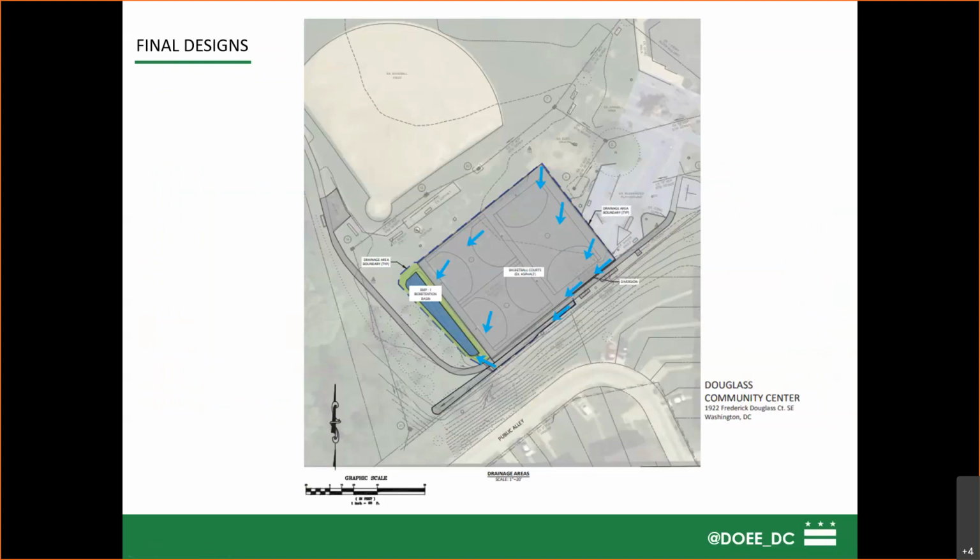If you can see, those arrows here in this final design on the basketball court are showing you which direction the water is flowing. And as you can see, that little area that's darker blue and green, that's our BMP, our bioretention basin. That is what's going to filter in the water to capture it. And to the right of that is going to be a grass swale. Currently, there's a concrete swale. So our final design is just to change this bioretention so it's capturing the water and it's managing that 1.2 inch storm